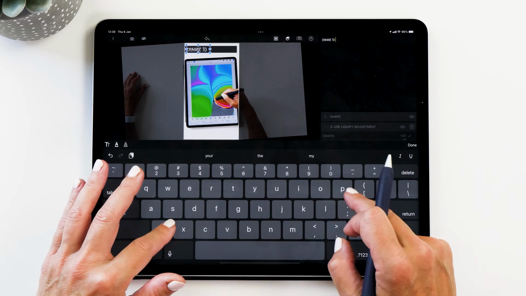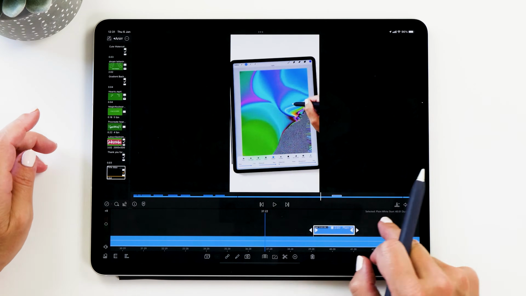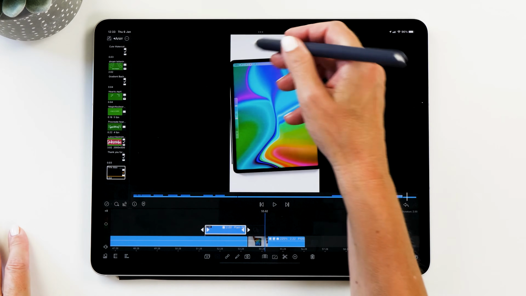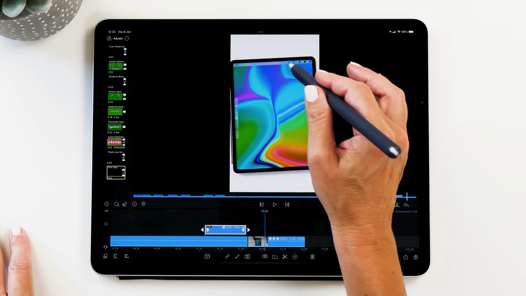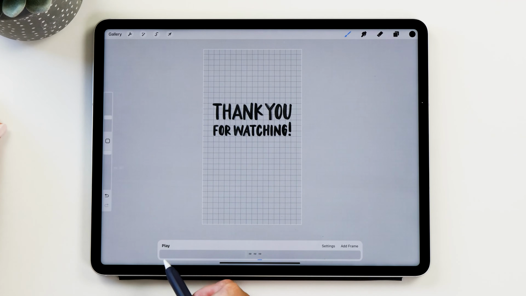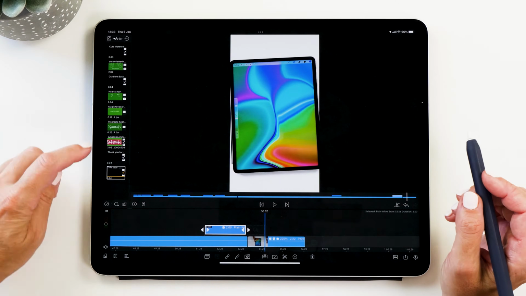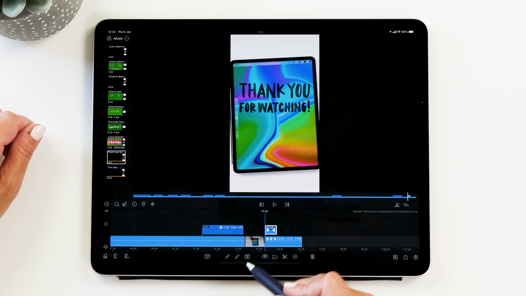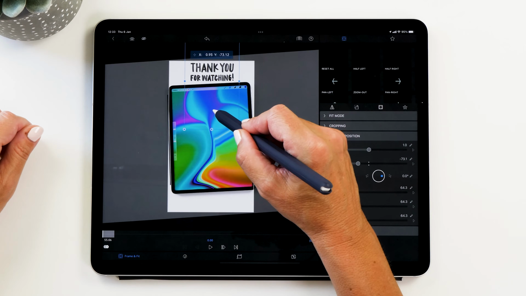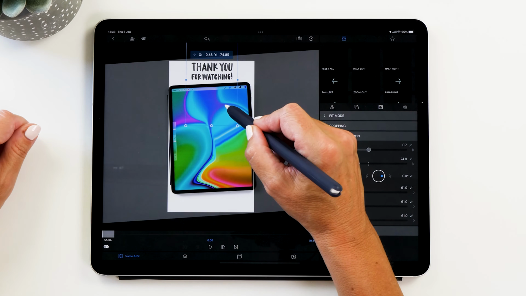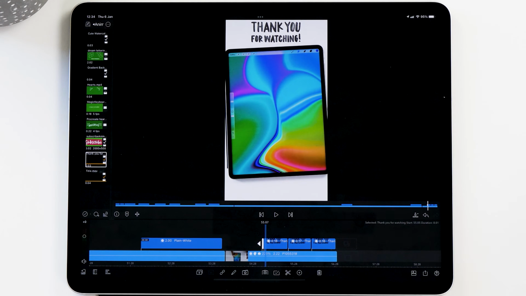And so really all we have to do is copy and paste and then replace the values. All right, and then at the end, we might also want to create a little thank you for watching animation. And the process for this is exactly the same. We're going to go back to Procreate and we're going to write thank you for watching and then export this and put it into our project. Very cute. All right, so the next thing we need to do is add music.